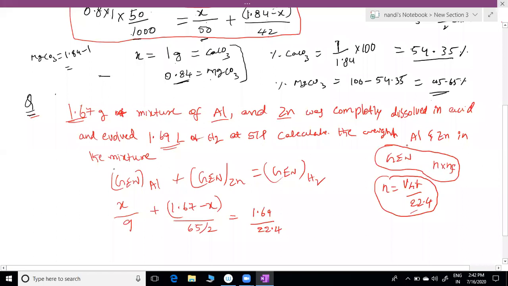So this is the number of moles. N factor for H2 is 2. N factor for H2 is 2, sir. Then solve, you will get the X value and that answer. If you are able to write this equation, then you are done, sir, that is your job. It means you understood everything.